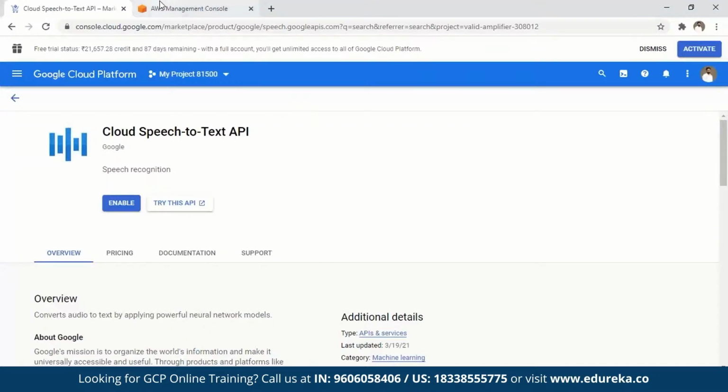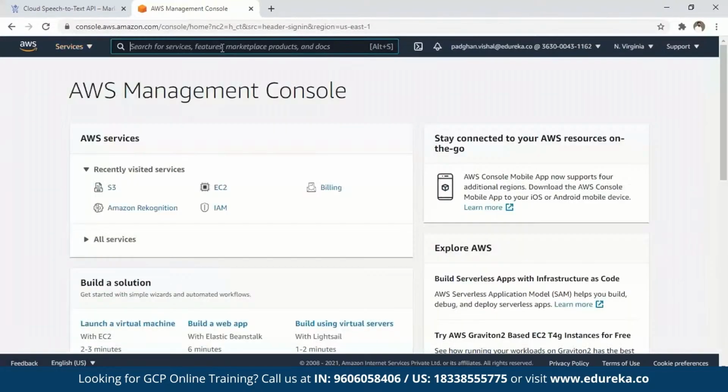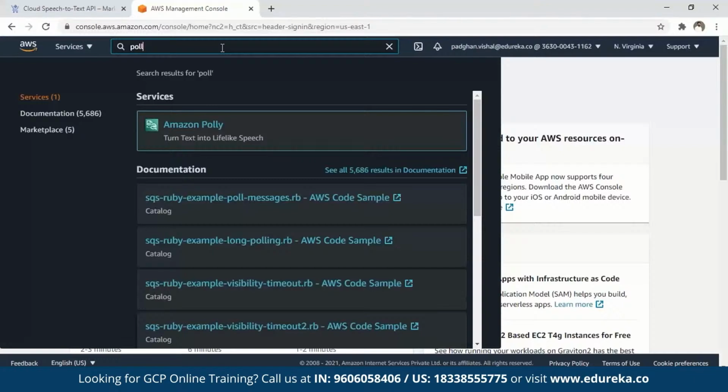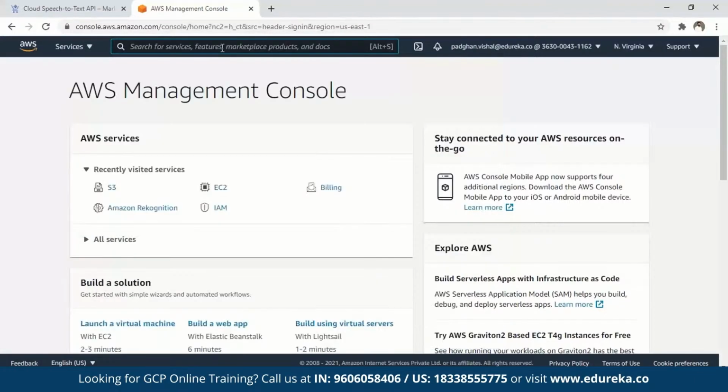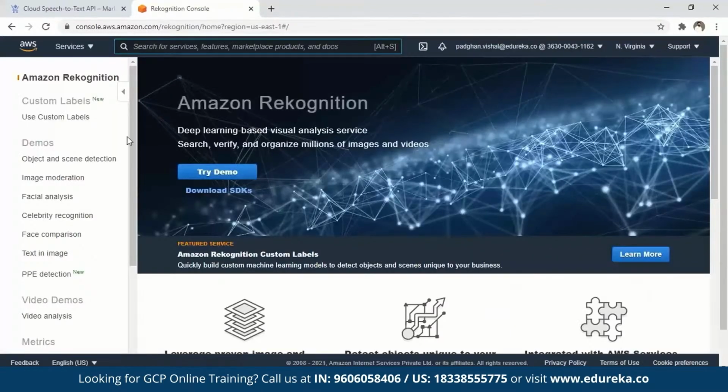Okay. Apart from that, there are other things that you can look into. Some of those are, if you go to AWS, you have services like Polly, which lets you convert text to voice and vice versa. Textract is another one that lets you do that. Then you have Rekognition, which lets you process images. Okay. So if you come here, you can actually go ahead and do all those things, right?